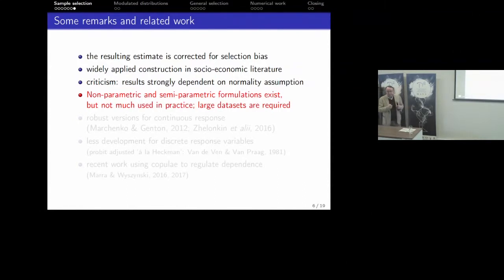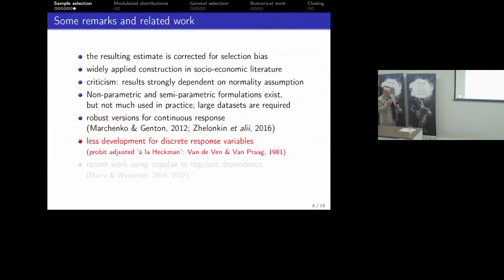One route which has been attempted is via a semi-parametric or non-parametric approach, which is theoretically appealing, but in practice not much used because it requires a huge amount of data that often is not available. Another direction is via a robustified likelihood, and there are some works in this direction. Other works are more specialized because the main important case outside normality